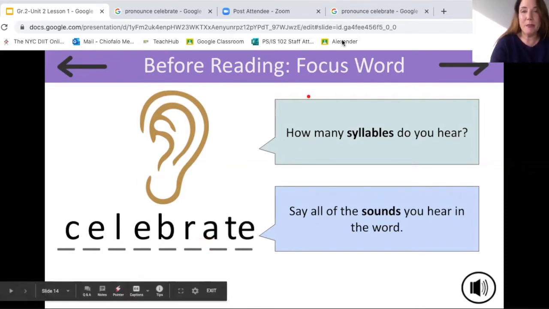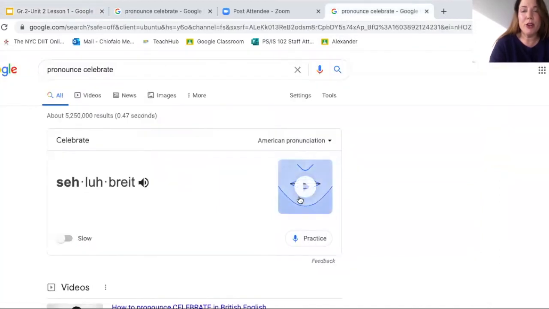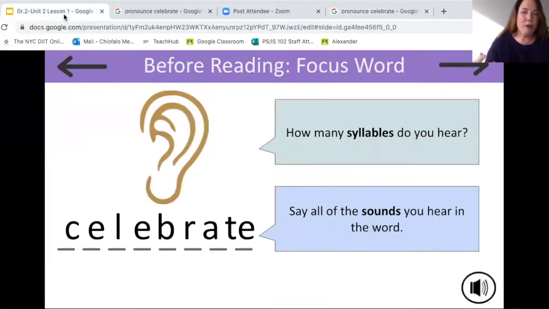Celebrate. Okay, let's practice pronouncing the word celebrate. Celebrate. Okay, one more time. Celebrate. Great job, readers. So, this is going to be our focus word as we're reading this lesson and the